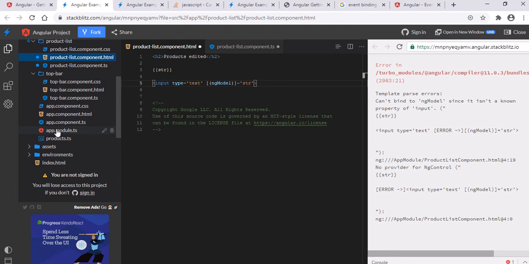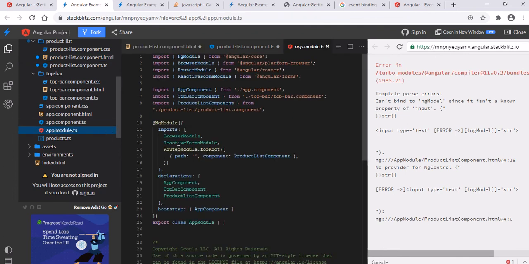Because the app module internally has the product list component, right? If you see, the app module has the product list component also.